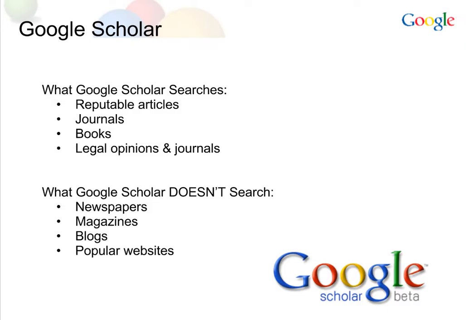Hi, so today I want to talk to you quickly about Google Scholar and why it is different than the regular Google search interface. Google Scholar is the educational strand of the Google search engine, and what makes it different from other search engines, especially the regular Google, is the fact that Google Scholar searches reputable articles, journals, books, and legal opinions, as opposed to the regular search engine that searches more popular things like newspapers, magazines, blogs, and just